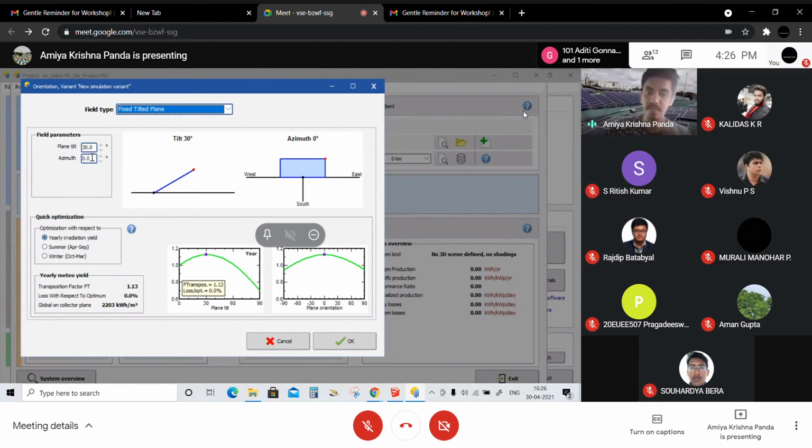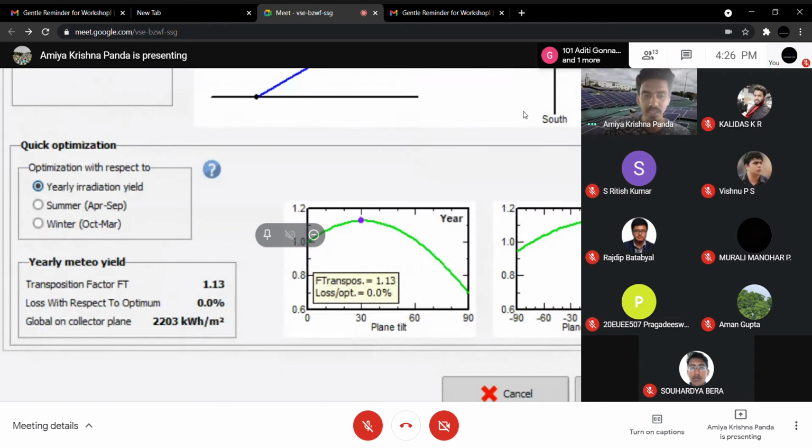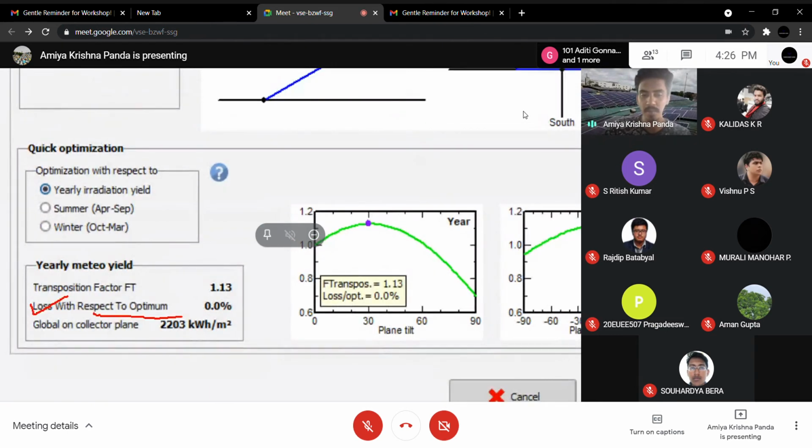Now in this fixed tilt plane, there are lots of parameters you need to consider, but you should consider a tilt angle so that your loss with respect to optimum value becomes zero and global on collector plane becomes maximum.